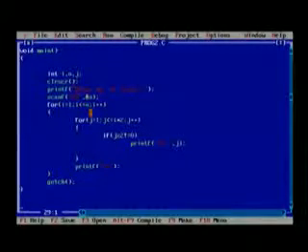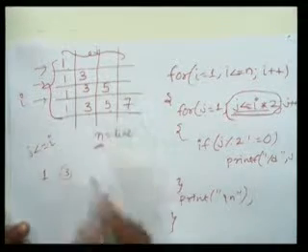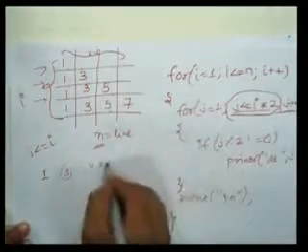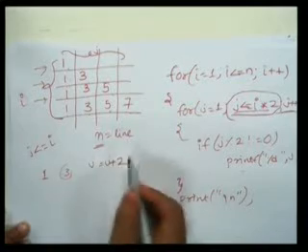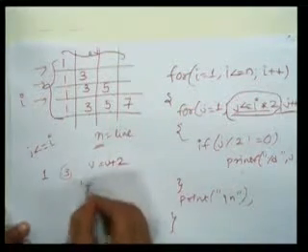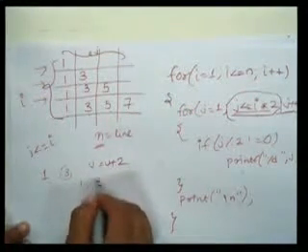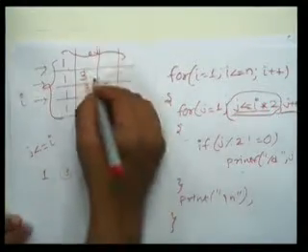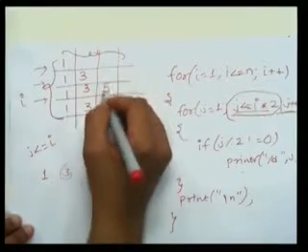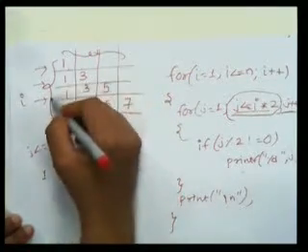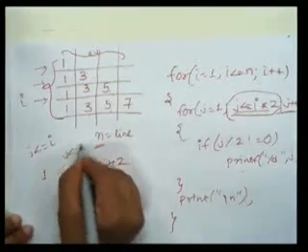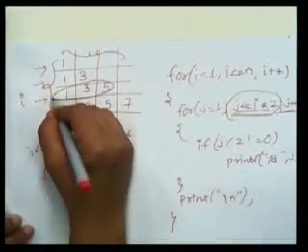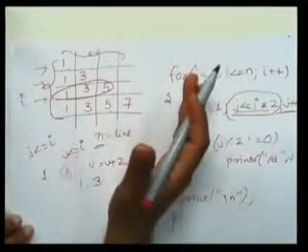First time I want only one symbol. Second time, if I am writing here j is equal to j plus 2 in the increment part, what will happen? First time j will be 1, then it becomes 3. j plus 2 gives 3, right? So the first 2 lines will come, but what will happen when i is 3? Then if you write j less than or equal to i, the condition will become false, and that is why this line will not be printed. Okay, so we need to make some other logic.